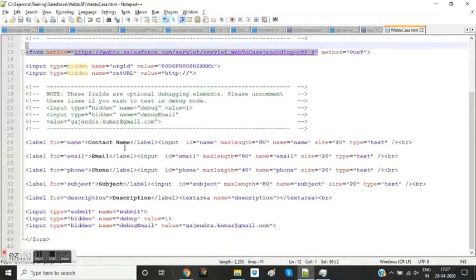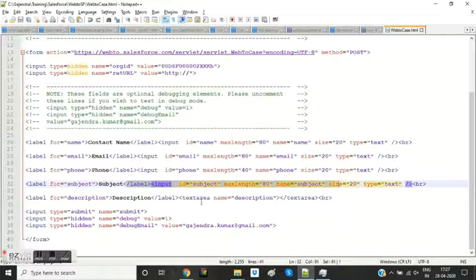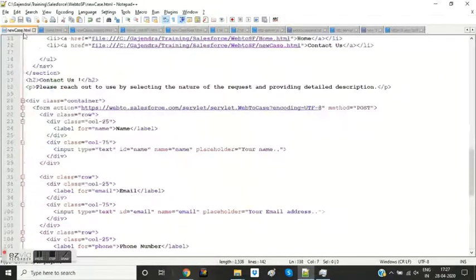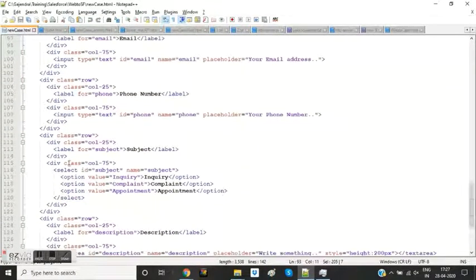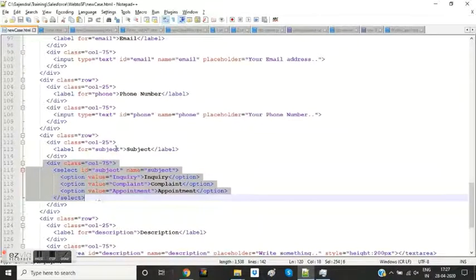Everything is the same except they have been put into div tags, and I have introduced a drop down value in the subject field so that I can easily classify my cases.